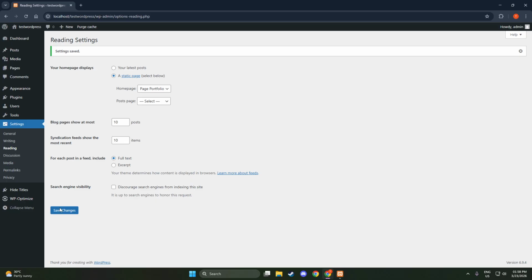From now on, when someone visits your main site address, they'll land on the page you chose instead of a list of posts. That's all it takes. You've navigated to Settings, opened the reading settings, switched to a static page, picked the page you want, and saved your changes. This quick adjustment gives you full control over your site's first impression, making it easier to guide visitors to the